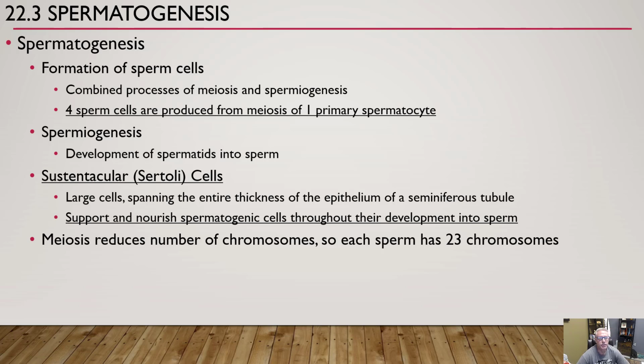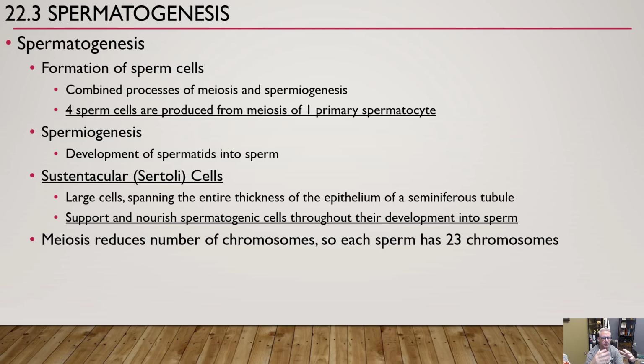All right, spermatogenesis. Remember, spermatogenesis is creation of sperm cells. Genesis means to create, and spermato is sperm. All right, so we already talked about meiosis, and we also have this process called